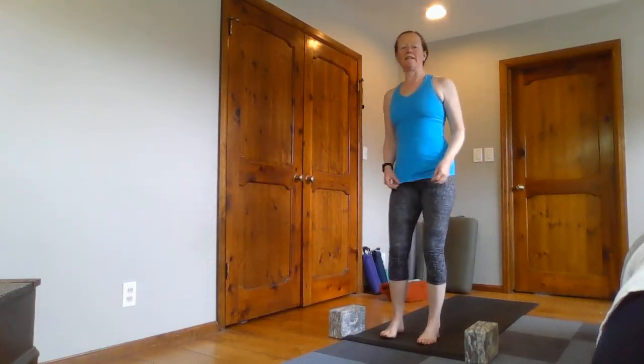Hi everybody. In this practice today, we're going to do a little work toward prepping to be in a handstand. And I think that this is a fun thing to practice and a safe way to go about it. But as we move through the practice, be sure that you are listening to your body. And if you are at a point where your body is saying no or your mind is saying no, then